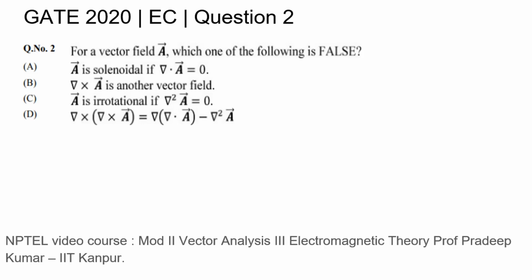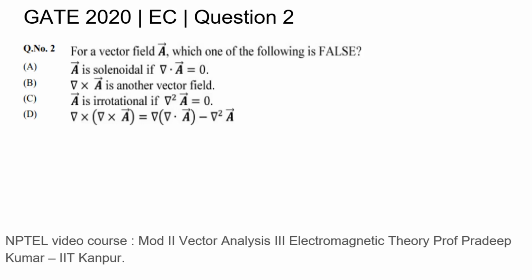Hello everyone, this question was asked in GATE 2020 Electronics and Communication paper as question number 2, and this question pertains to electromagnetic theory. This is a very simple question. Here we are given a vector field A and we are asked which one of the following options is false,